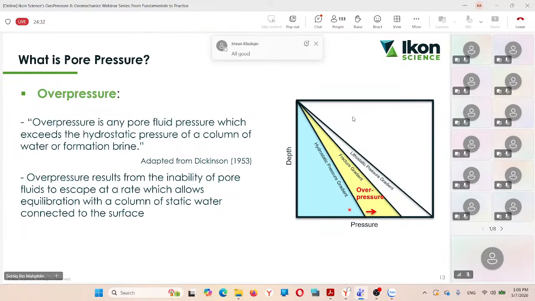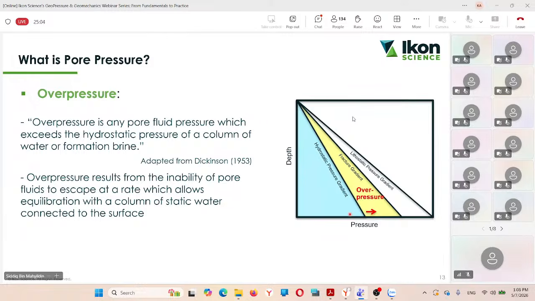Overpressure. Overpressure, as it suggests, is pressure that is higher than this hydrostatic pore pressure. It could happen when fluid cannot escape fast enough. A common reason for that is probably under compaction. For example, with our shale, when shale sediment is being buried too fast through the sedimentation process, then due to the low permeability,